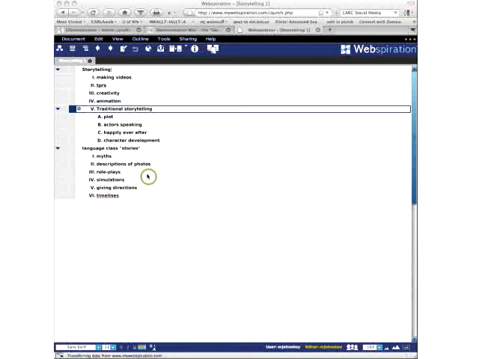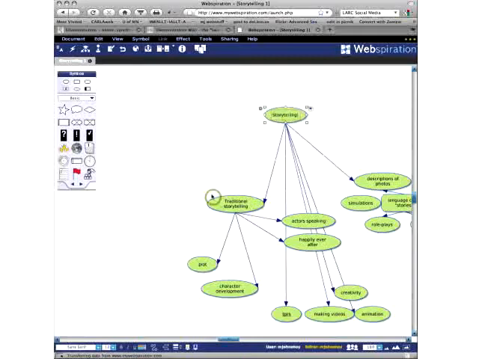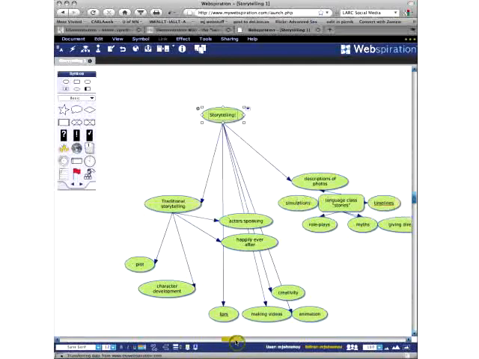Actually writing the story, or writing whatever it was that you were brainstorming about. So that's one aspect of the Webspiration one in particular that I really like: the ability to click back and forth between the diagram view and the outline view. So there's my crazy brainstorm session. Oops, sorry. I agree, Judy, the visual, except my visual is not very organized.